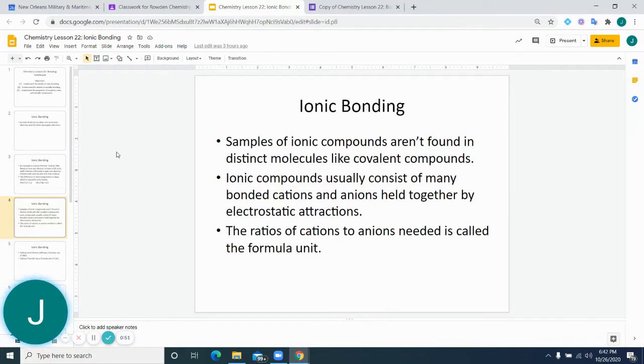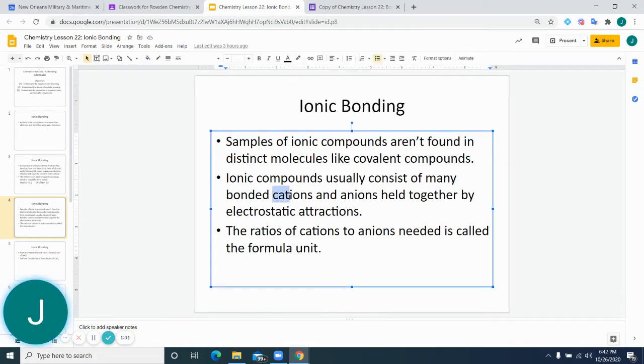We're not going to have the structures. We're not going to draw the pictures like we did for covalent compounds. Instead, we're going to have cations and anions bonded together. So positive ions, the ones that give away the electron, and the anions, the ones that get the electron, are going to be together. And we make a ratio of how many cations we need for every anion. And that's called a formula unit. So a formula unit is just going to be one of these ratios,